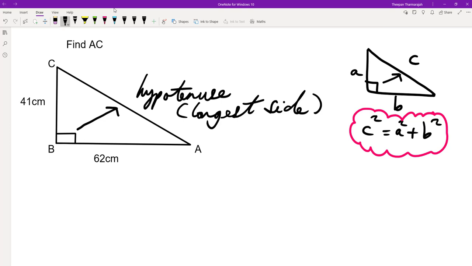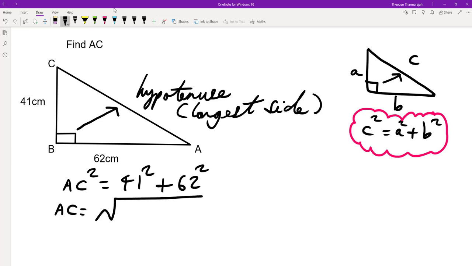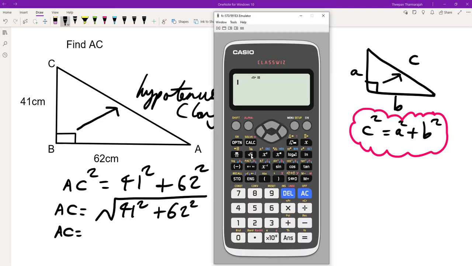So we can say, well, C in our case is AC. So AC squared is equal to 41 squared plus 62 squared. And then we can square root that. So AC is going to be the square root of 41 squared plus 62 squared, and then we can use our calculator to work that out. So square root 41 squared plus 62 squared,